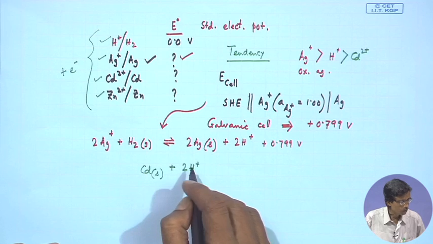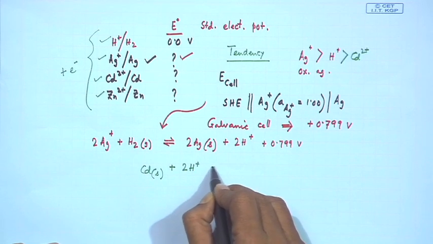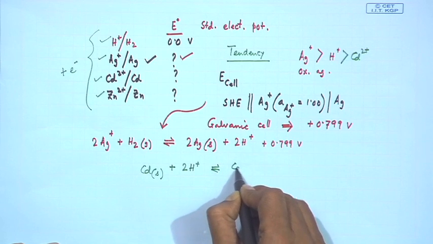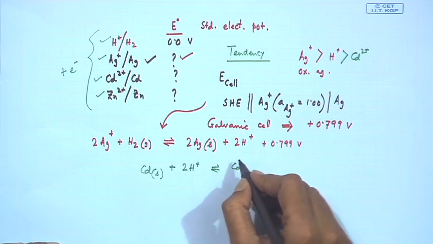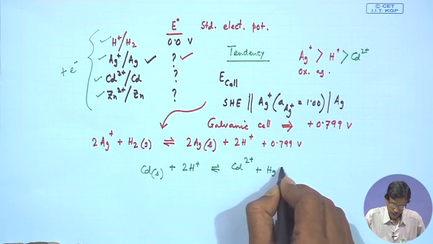So, the reaction will be different, which is opposite to that of the silver reaction. So, we get cadmium as cadmium 2 plus and hydrogen as the corresponding